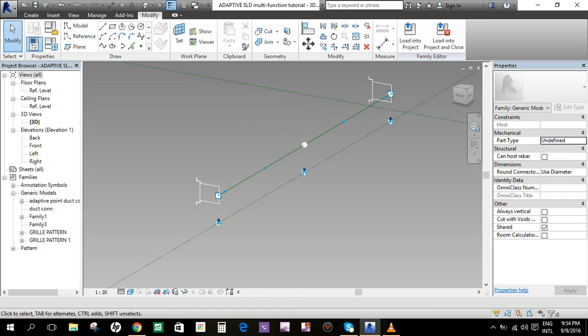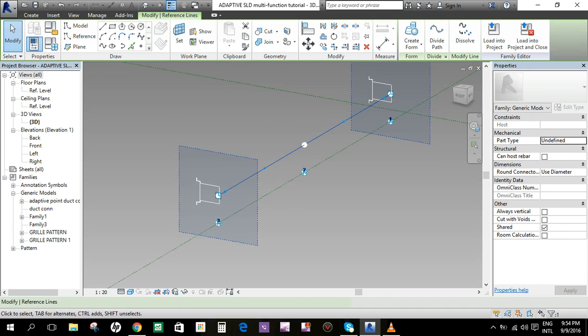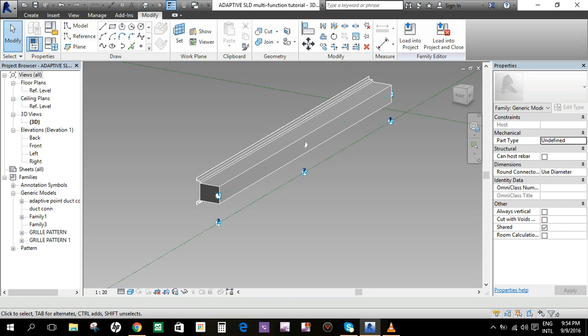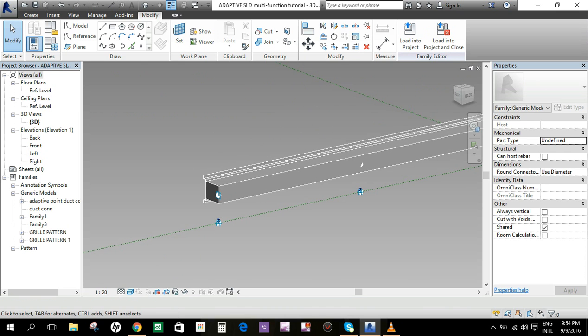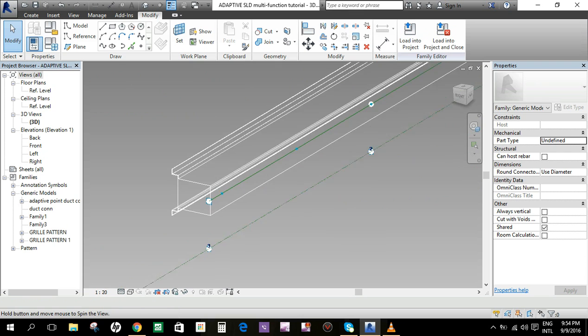What you want to do is select this profile and the reference plane. Then after you select, you create a form. Okay, now this is the form. We put it in wireframe.